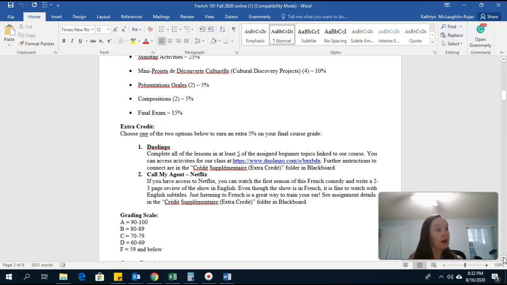So if you had an 85, that would give you a 90, which is a really big increase because I think it's so important to maintain constant practice with a language. If you do that with a fun app like Duolingo, it's easy to access on your phone. This is a great way to supplement and build on the skills you're learning in this class. And some of the topics I selected are actually even a little more advanced than what we're doing in this class, so it'll push you a little further, which is why I think the 5% extra credit is fair.